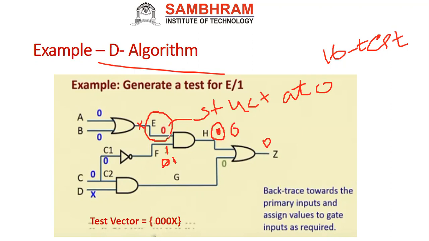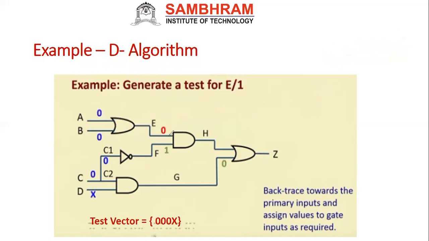For example, here we have a fault, assume it was 0. Now here we make it stuck at 1. See here, generate a test for E1 stuck at 1. Making it stuck at 1 means this is connected permanently to VDD. Assume this place is the error. So we are going to do stuck at 1, permanently connected to 1. If I think this is 0, I will get 0. If it is 1, I will get 1. That is a change, right?